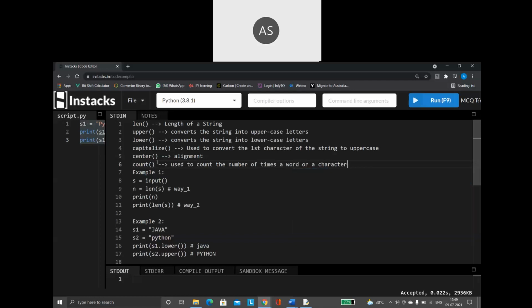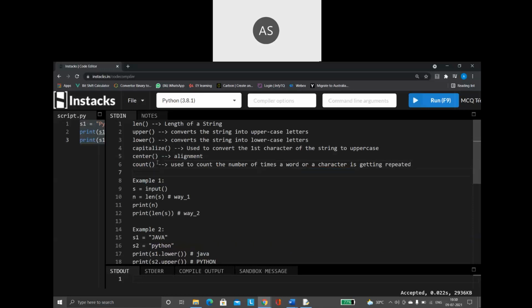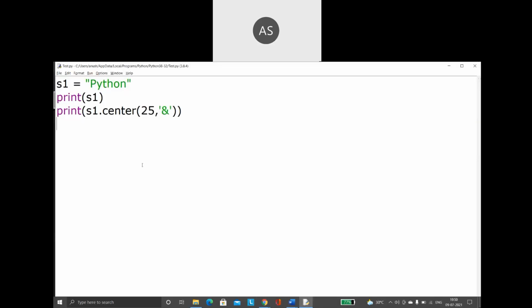So you can search for a word, you can search for a character also. How many times that particular character is being repeated inside my string, that is given with the help of my count function.